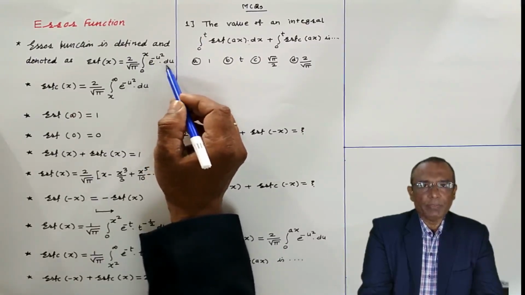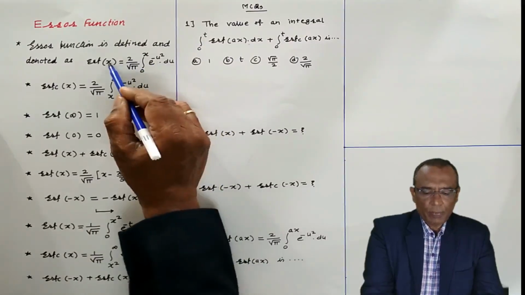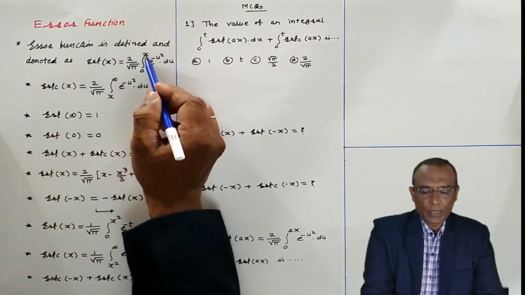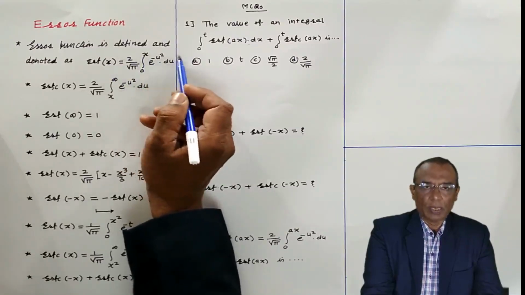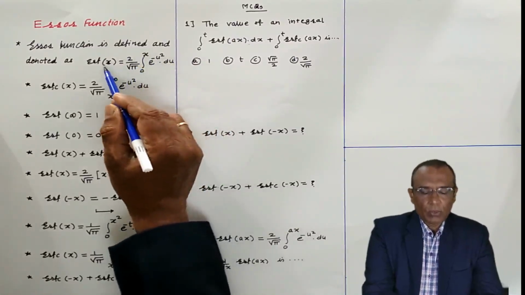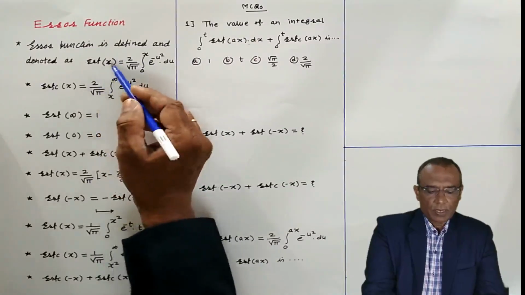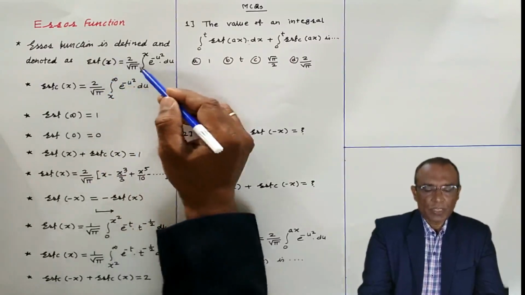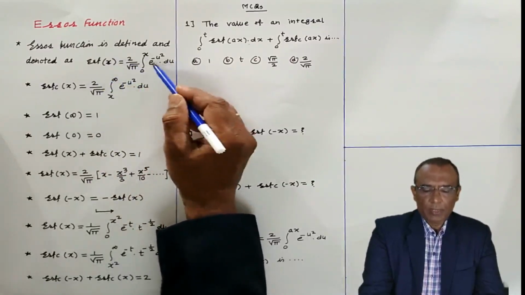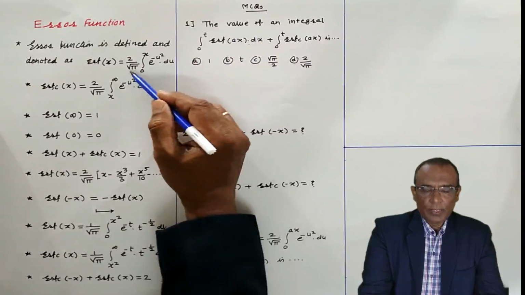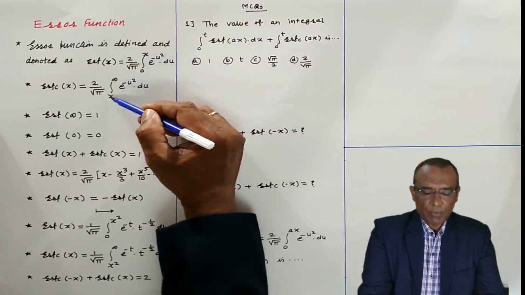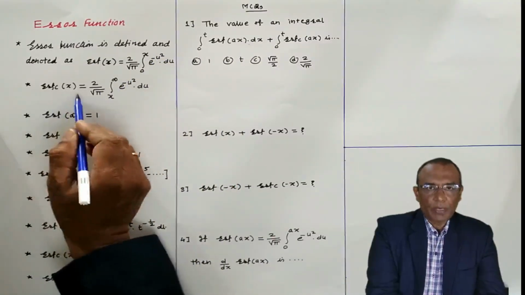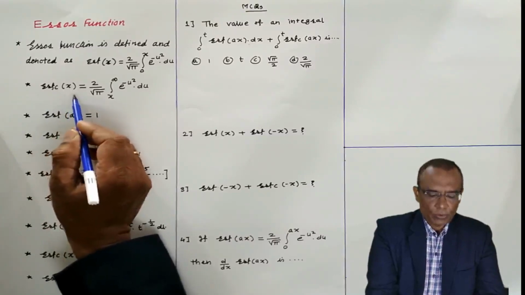Here integration is being taken with respect to u, and error function of x is integral 0 to x. For error function of y, you may write 0 to y, error function of z 0 to z, error function of 1, you may write 0 to 1, and so on. Now, the complement of error function of x. The complement of error function and error function, what is the difference here? 2 by root pi is common, e to the power minus u square is common. Only the limits of integration are x onwards. X onwards means limits vary from x to infinity. This is the complement of error function. You may call it ERFC also.